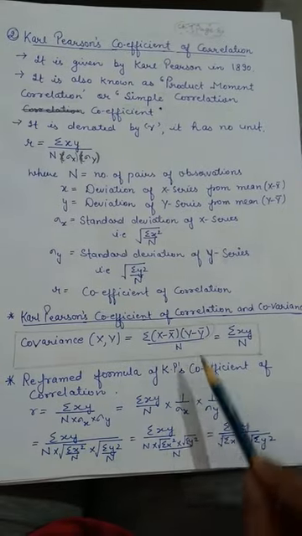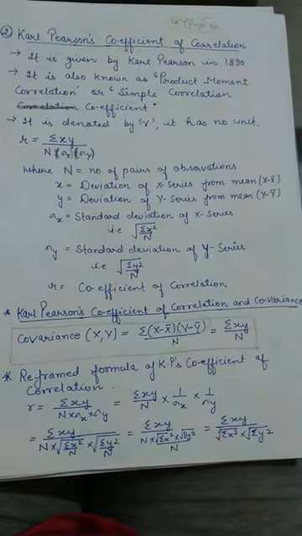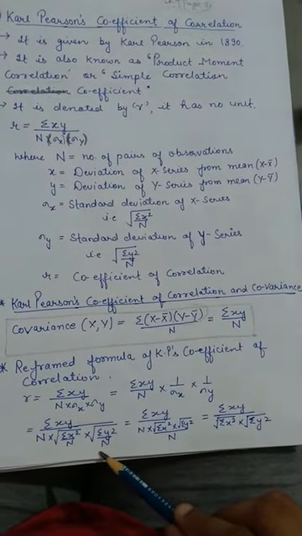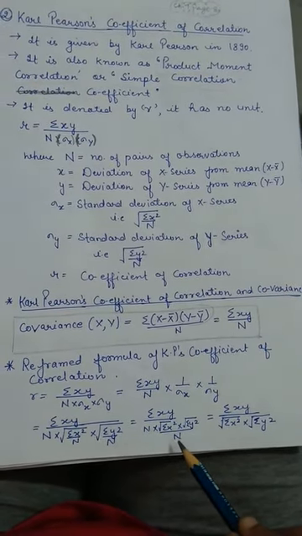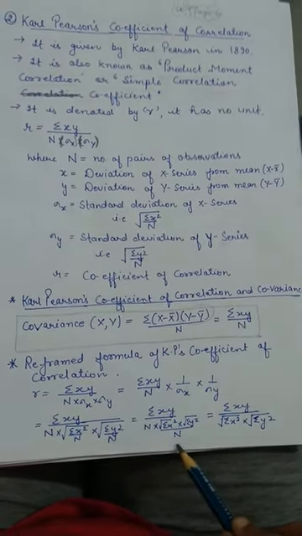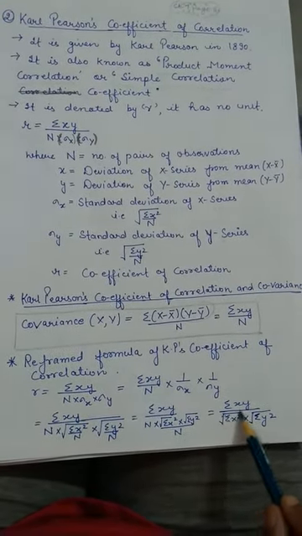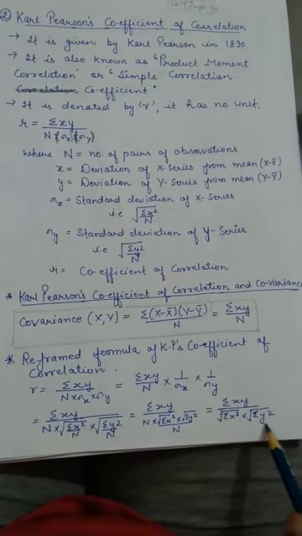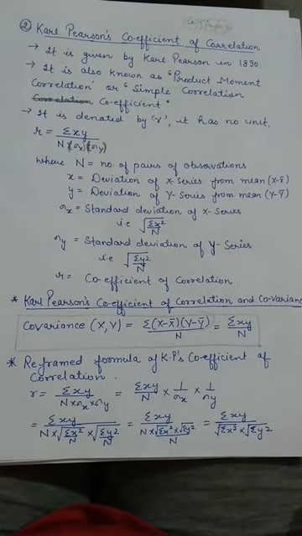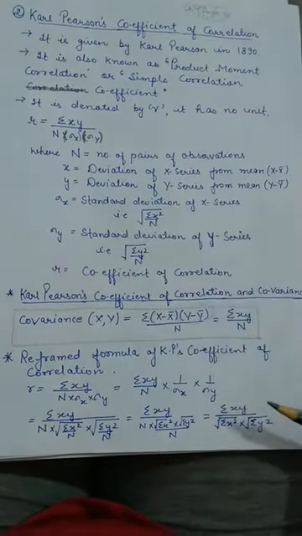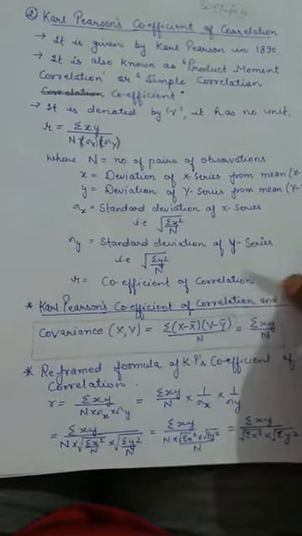Then to mu x I have given this value, to mu y I have given this value. After giving the values, I was having 2n, so I have taken it from the pair of 2, and I have cut that n from this n, and I have reached this formula, that is sigma xy upon root of sigma x square into sigma y square. Then according to the need of the question, we can check which formula to use, this one or this one, and this is your formula of covariance.